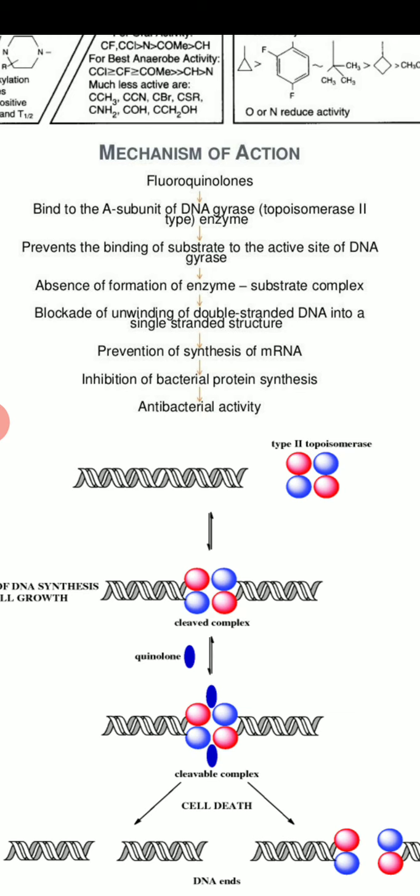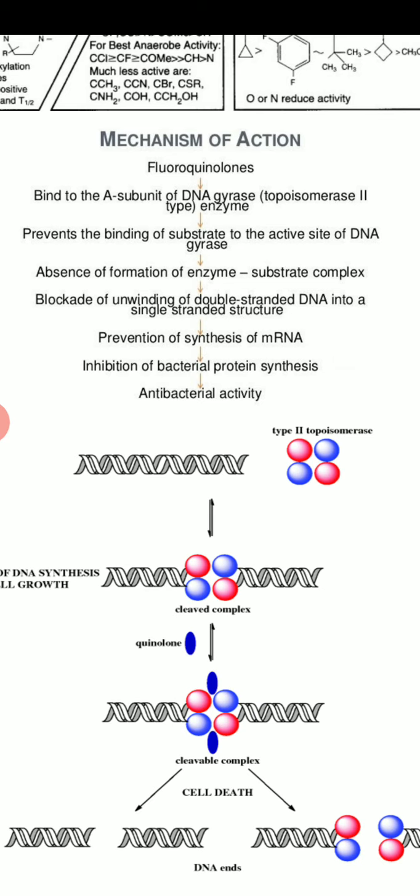Next, it's also very important, its mode of action. All the quinolone antibiotics bind to the A subunit of DNA gyrase, that is a topoisomerase type 2 enzyme, and it prevents the binding of substrate to the active site of gyrase. In absence of formation of the enzyme-substrate complex, there is blockade of unwinding of double-stranded DNA into the single-stranded structure. This is why it prevents the synthesis of DNA as well as inhibits bacterial protein synthesis. This is the main mechanism of